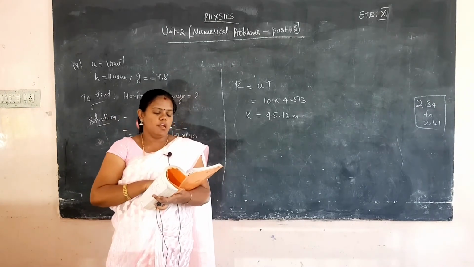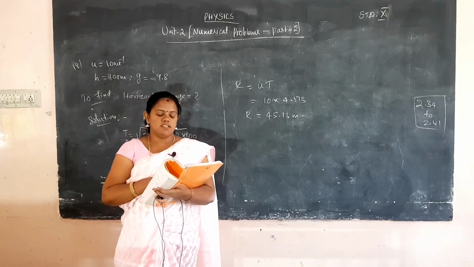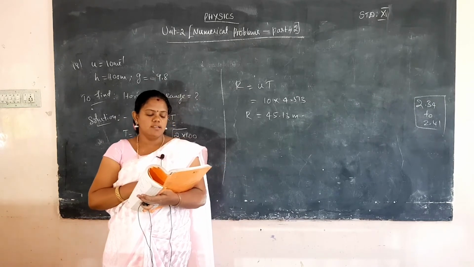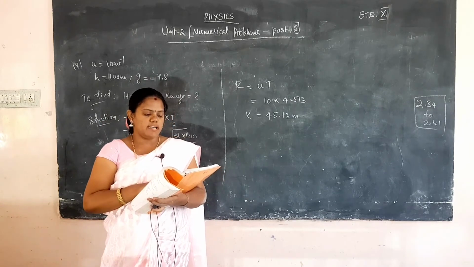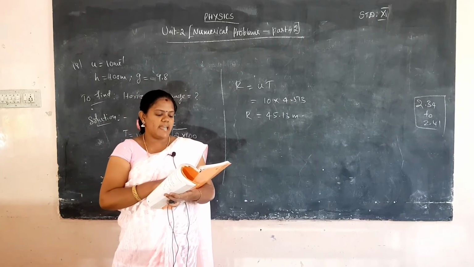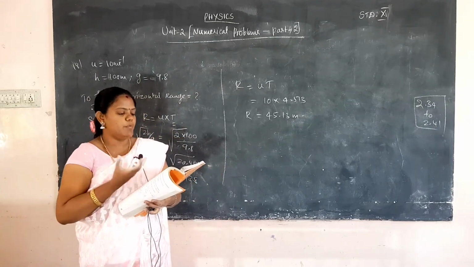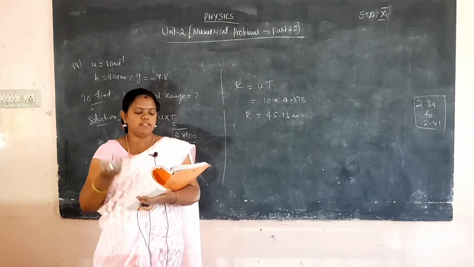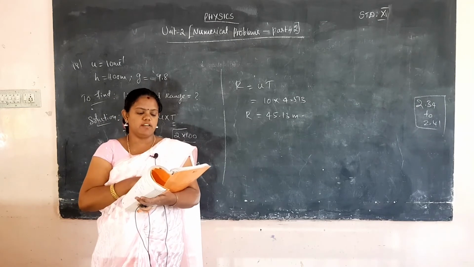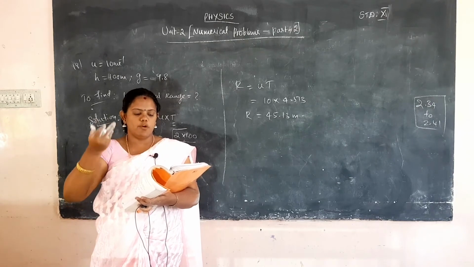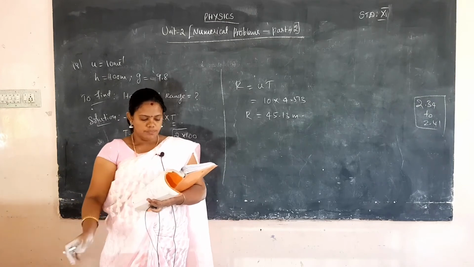19th problem. An object is executing uniform circular motion with an angular speed of pi/12 radian per second at t is equal to 0, and the object starts at an angle theta is equal to 0. What is the angular displacement of the particle after 4 seconds? So it will be moving in circular motion. Angular speed is given, time is given. We want to calculate the angular displacement of the particle at 4 seconds. At 0 seconds, it is at some angle, but what will it reach at 4 seconds, that is the question.